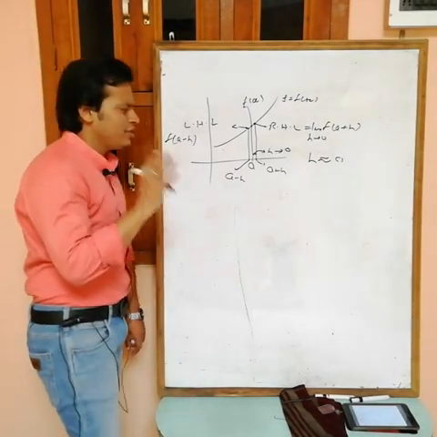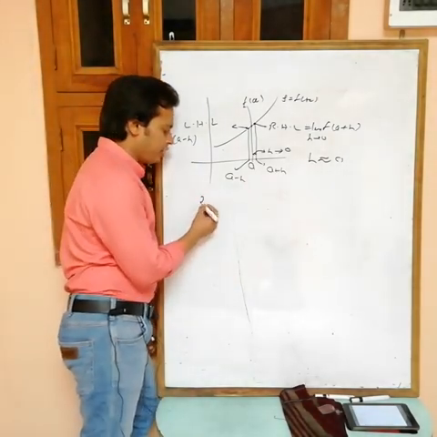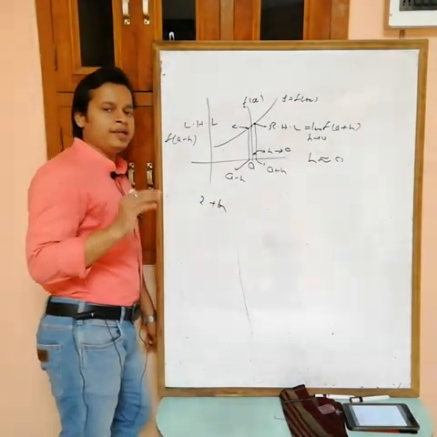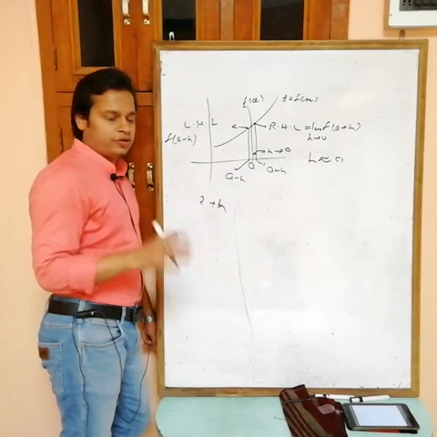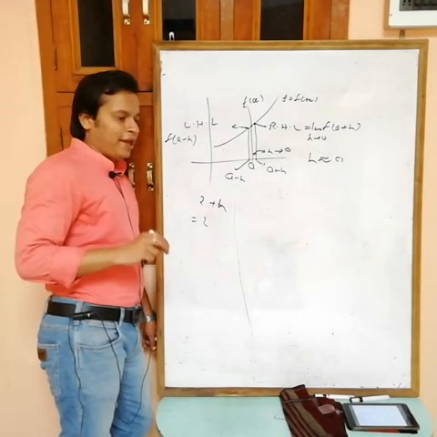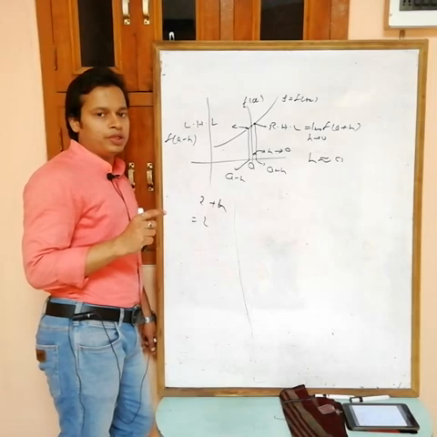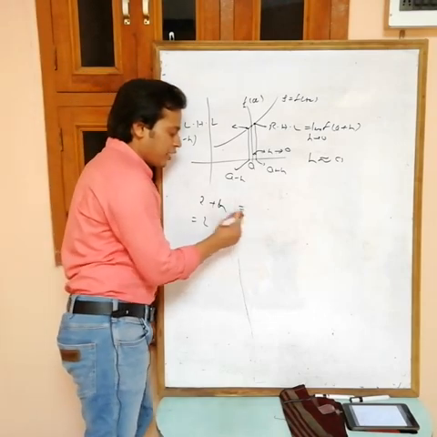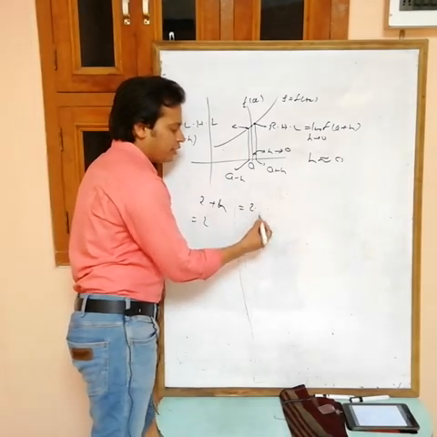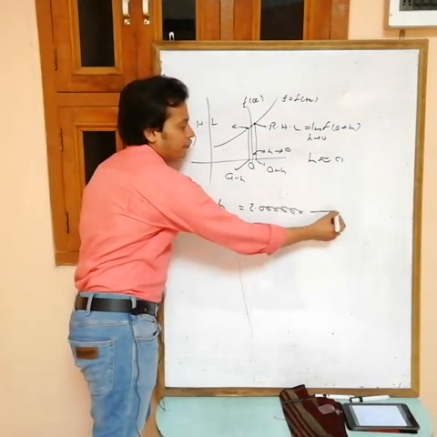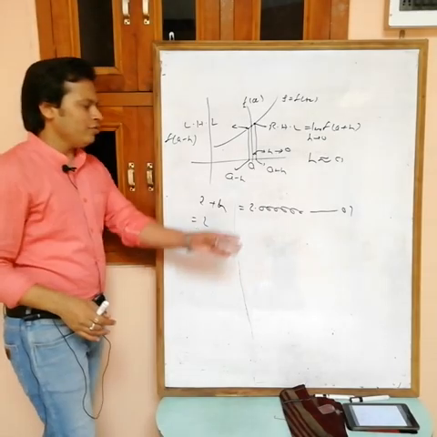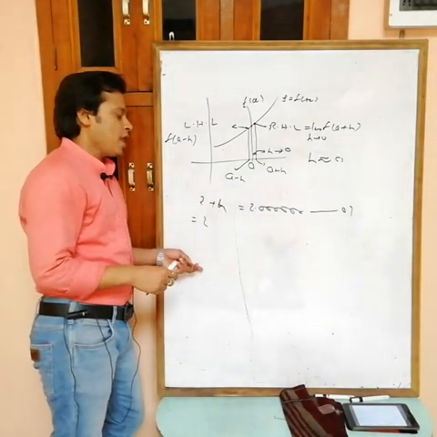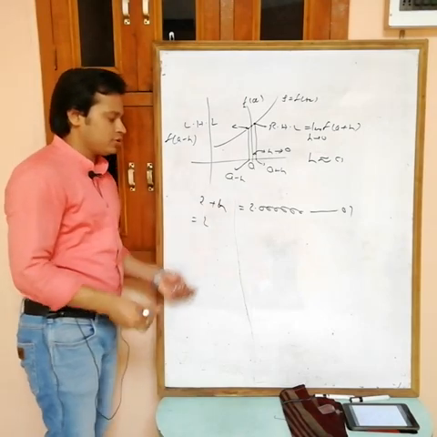Now see, sometimes in the answer of any question, if you are getting 2 plus h, suppose this is the answer of any limit, then at the end you have to put h equals 0. Then you will get the answer as 2. Exactly the answer is not 2, but just near to 2. Suppose if you put the exact value of h, then you will get 2.0000001. Now write this one as the answer or this one, both are the same thing. So the answer for 2 plus h is 2.